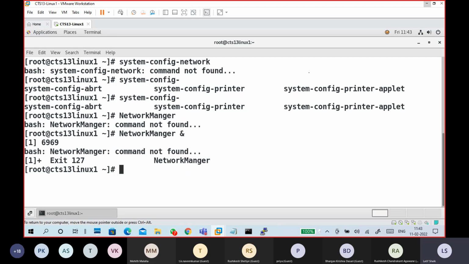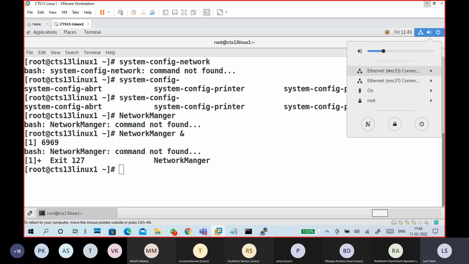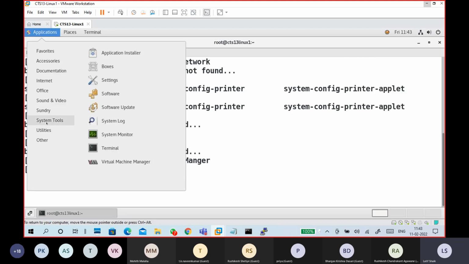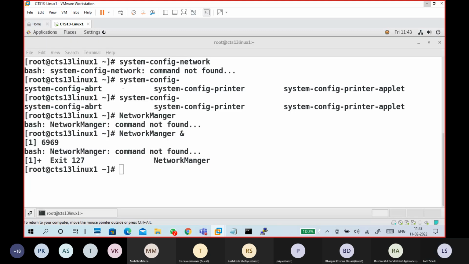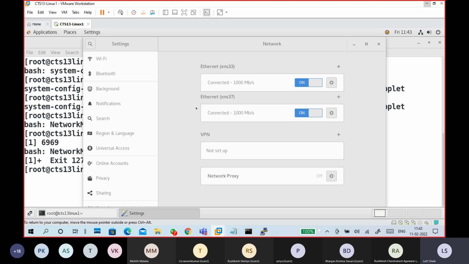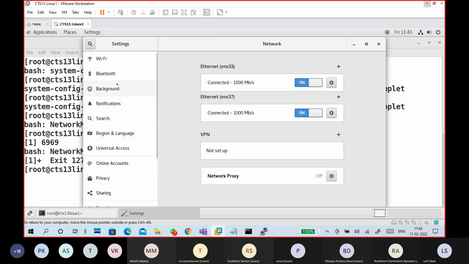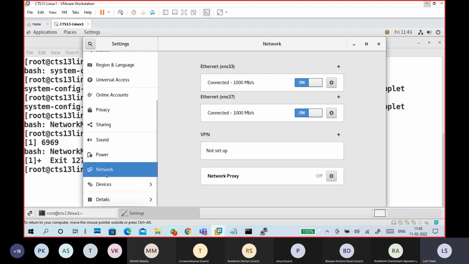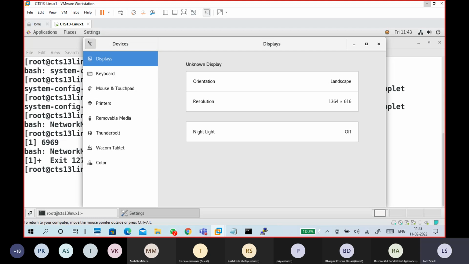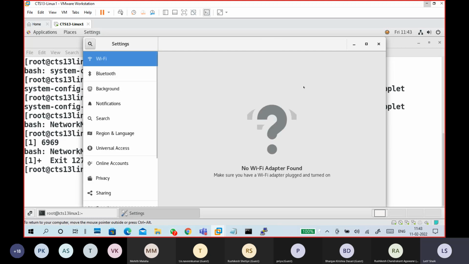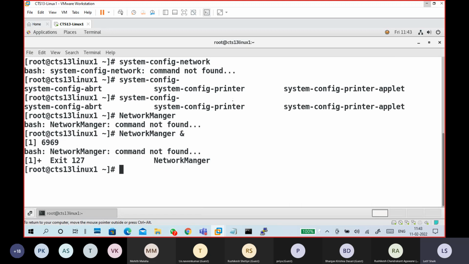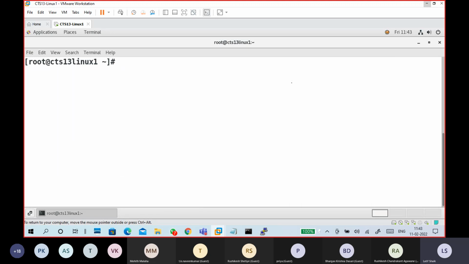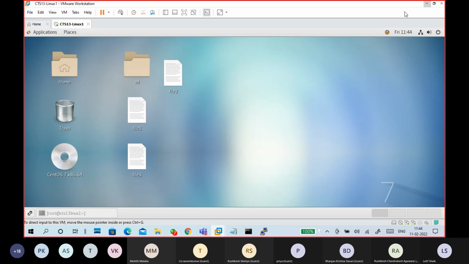Directly you have to go to network manager options like this, adapters, or you can go to system utilities, settings. You have to search if you are in GUI mode. So yes, it opens directly. Here in the settings, you can search for the network is connected, network devices, displays. So many options are there. You have to search in the GUI. GUI searching is quite easy because it shows directly.